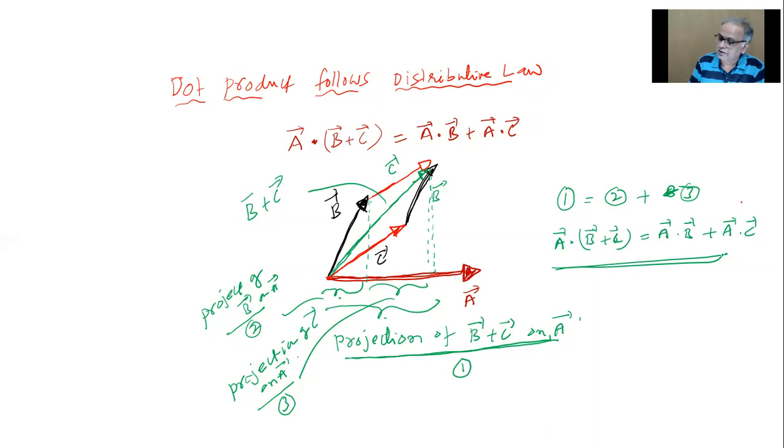Hope people followed it. If you haven't, tell me. Or you would like to take only this one, this, and then you take this. Do you understand my point? If I took this and this, you take this and this also, same thing. This is the projection of C, this is the projection of B. So the projection of B plus the projection of C is that.